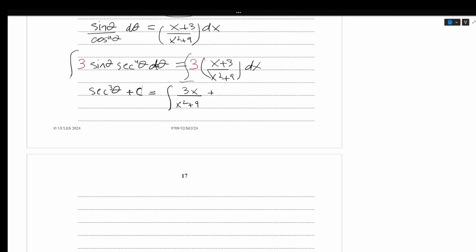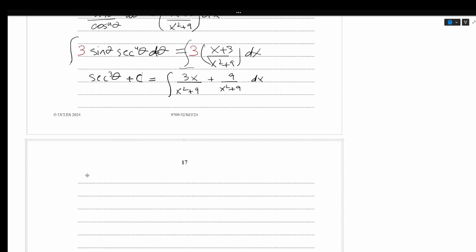plus 9 over x square plus 9 dx. इस इंटीग्रल को मैं दो पार्ट्स में रिजॉल्व करूँगा. 3x over x square plus 9 is simply 3 over 2 times 2x over x square plus 9. अब जो x square plus 9 है उसका डेरिवेटिव ऊपर मौजूद है, तो मैं सिंपली नेचुरल लॉग लगा दूंगा. It's 3/2 ln x square plus 9, एक पार्ट आ गया,